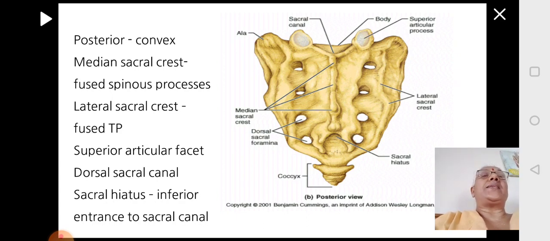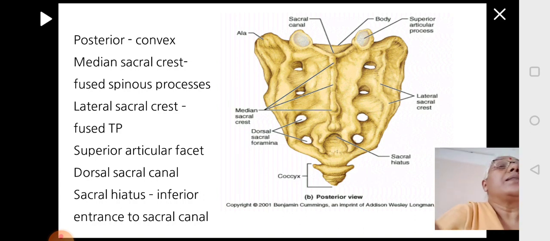Then you can see the superior articular facet, which will articulate with the inferior articular process of the last lumbar vertebra. The last lumbar vertebra has an inferior articular process which will articulate with the superior articular process of the